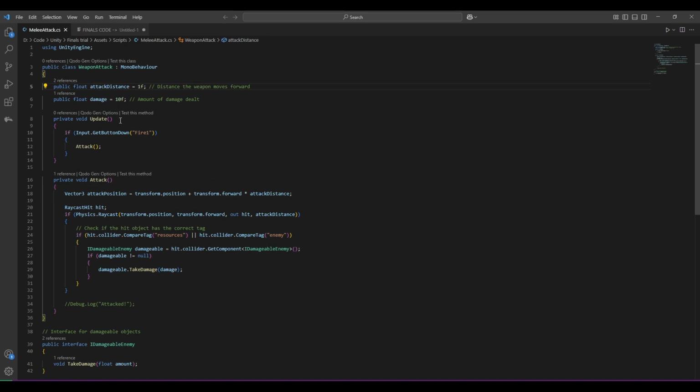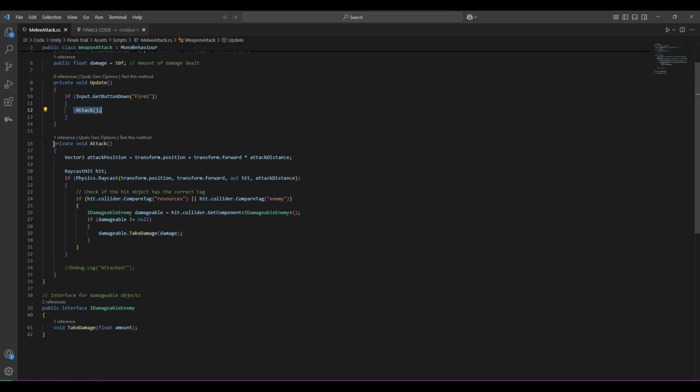So in our update method, here we have an if statement. So if the player clicks the left button or fire 1, it will call the attack function. So this is the attack function. So here basically it gets the position of how far the weapon will move forward in order for the raycast to detect if it hits any colliders,